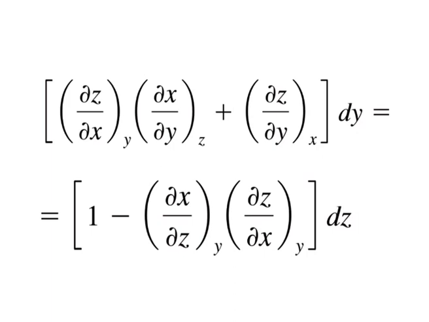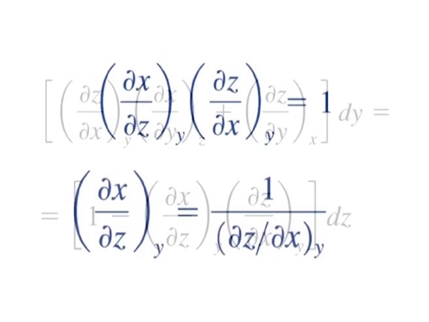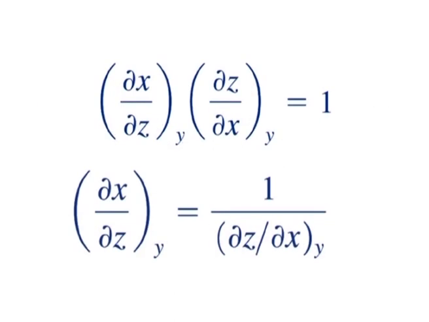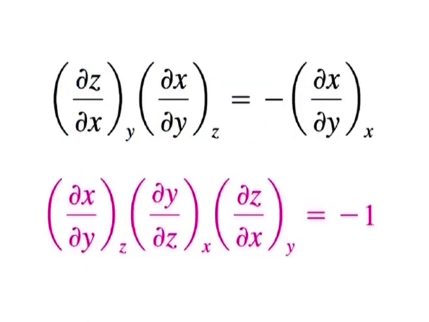Setting the terms in each bracket equal to 0 gives (∂x/∂z)_y (∂z/∂x)_y = 1, which gives (∂x/∂z)_y = 1 / (∂z/∂x)_y, and